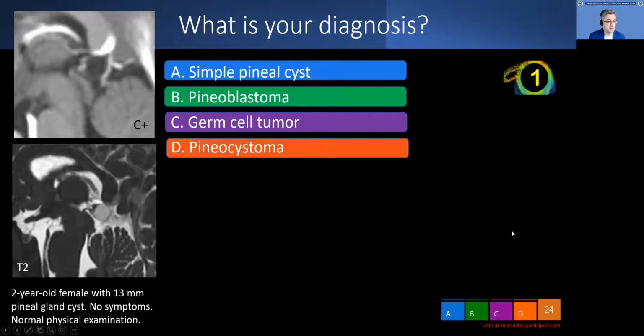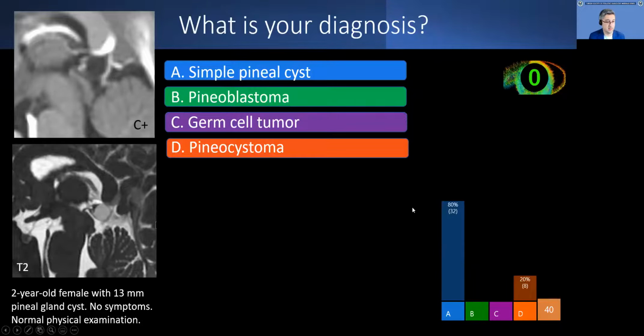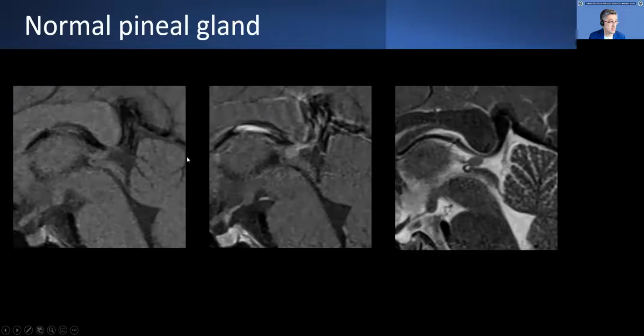Okay. I have 30 voters. Let's see the results. As I expected, most of you knew it. It's not a pineocytoma. It is a simple pineal cyst. And so